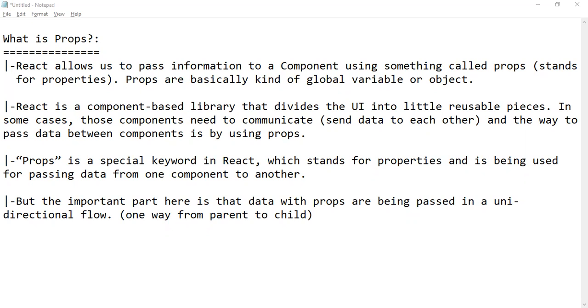So props data is only read only. It means you can read the information coming from the parent component, but that information should not be changed by the child component. So remember this point: whatever props information is passed from parent component to the child component can be read, but child component can't change it.